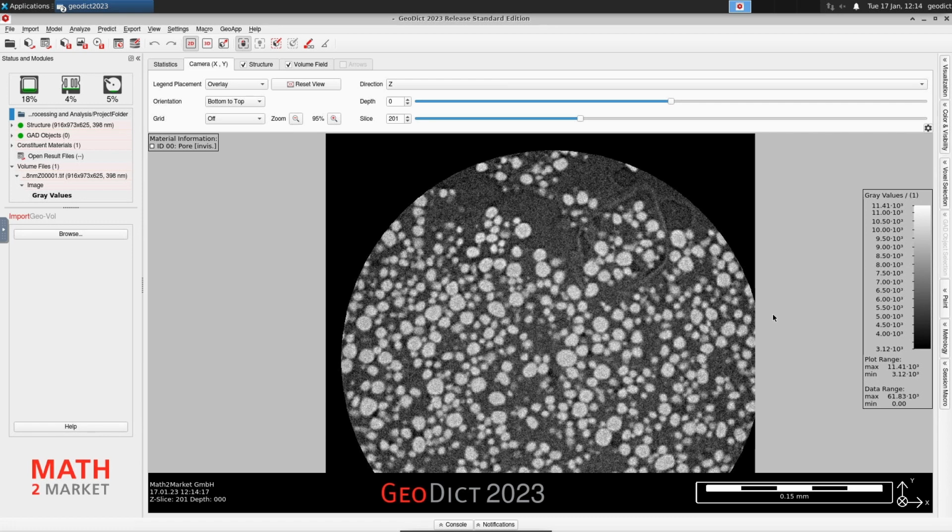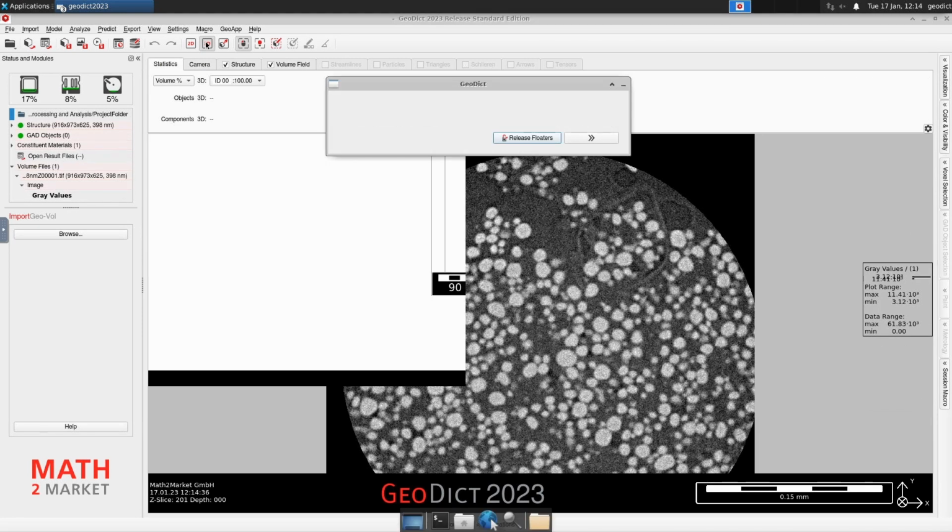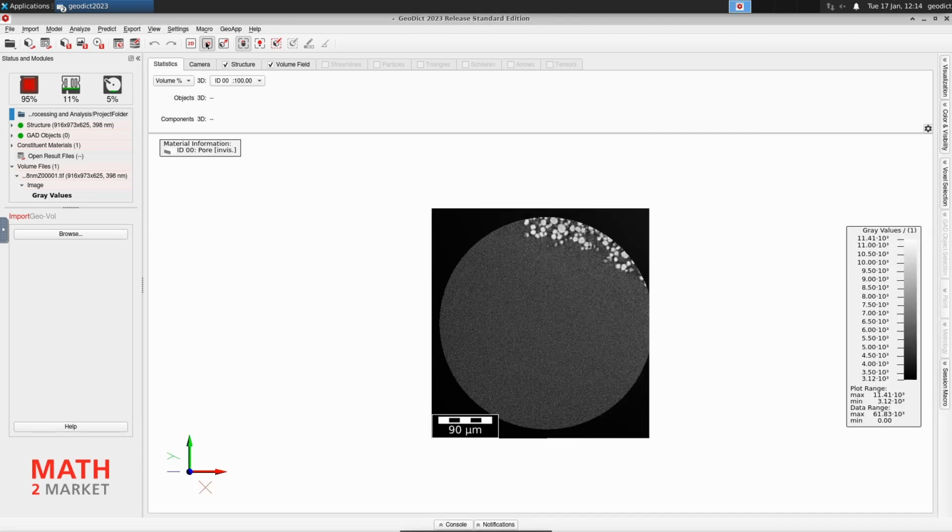And now let's switch to the 3D view. Up here, above the visualization area, you can see this icon for 2D, which is selected. Now we switch to 3D. So click on that button and you will switch to the 3D view. It will take a moment and then your volume field will be rendered in 3D. Here we are. First, you see the structure or the volume field directly from the top.